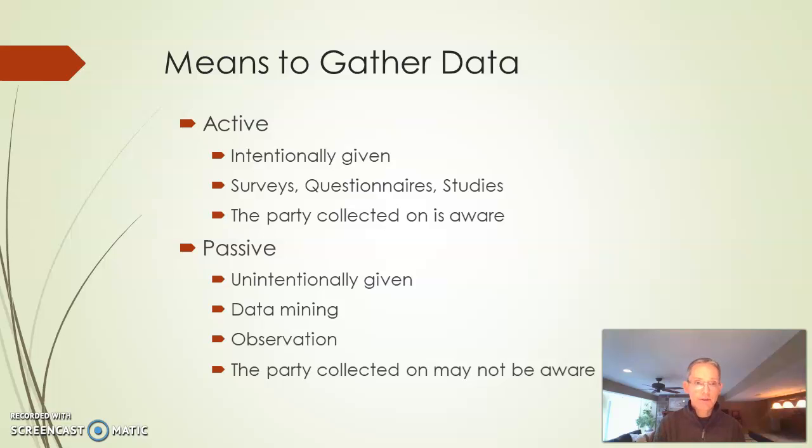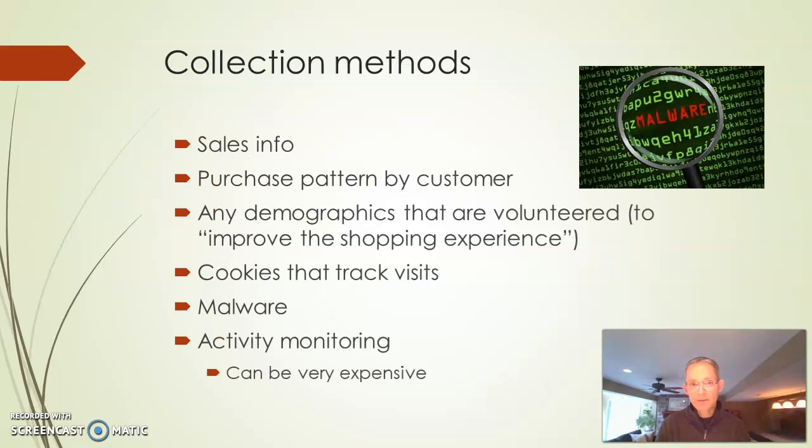There's different ways you can gather the data to do that, right? So there's active means to gather: surveys, questionnaires, data. People enter their stuff about cookies, tokens, those kinds of things. The person you're operating on is aware of what's going on. There's also passive. A lot of times there's unintentionally given data mining, observation, that people may not realize what's going on. So those are two different ways to do it, and obviously we have to be very careful about how we're collecting it. New rules have forced a lot of collection companies to say, look, I'm going to collect data on you through your computer. You have to accept that that's the way I'm going to do it.